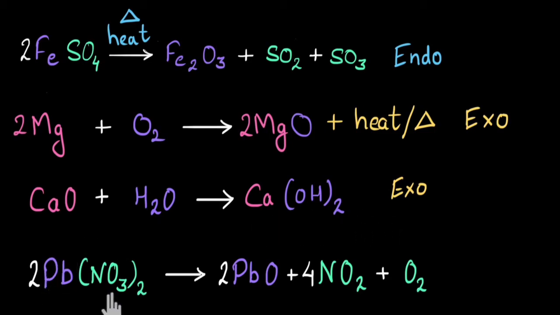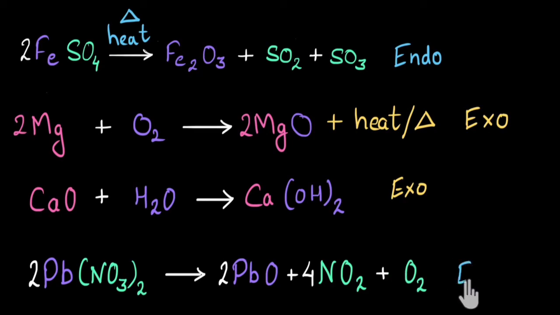Now let's look at this one. Here I see that lead nitrate is breaking down into lead oxide, nitrogen dioxide, and oxygen. So over here I can see that one single reactant, one big molecule, is breaking down or decomposing into multiple products. And these reactions are called decomposition reactions. And we have seen earlier that in general decomposition reactions require a lot of heat. So my guess over here will be that since this is a decomposition reaction, this will also require a lot of heat. And such reactions are called endothermic reactions. So I will guess that this is an endothermic reaction.